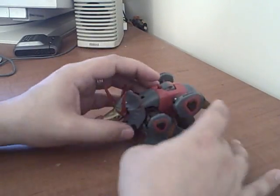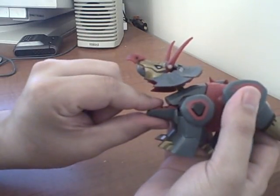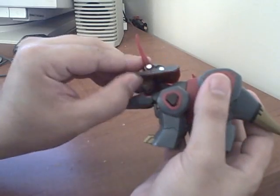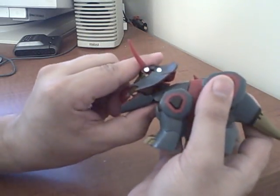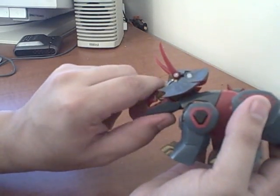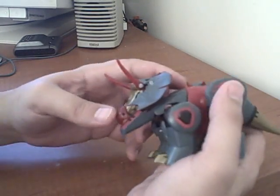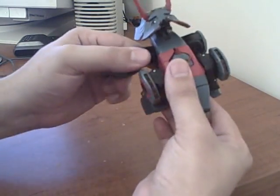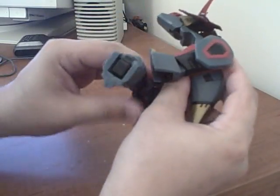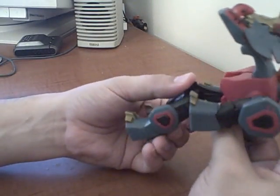Transforming him starts off with you lift this head up, close the mouth, and you pull this piece out. And the instructions say to take the head and slide it down like this, which puts it right against that piece and is a little deceptive because it looks like it's going to stay that close throughout the entire transformation, and it's not. Then you just flip the legs up like this, bring them down like so, and flip them back. Then flip them down